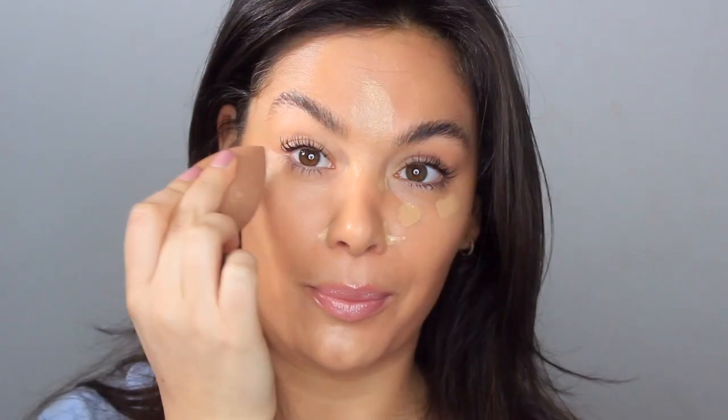Right, now let's go in with a lighter colour for my concealer. I'm going to go in with NC37, and I'm going to just dip that in. Oh, I've done too much. I feel like this is like a crash course in trying to learn how to use it. I need a bit of practice. And I'm going to blend that in